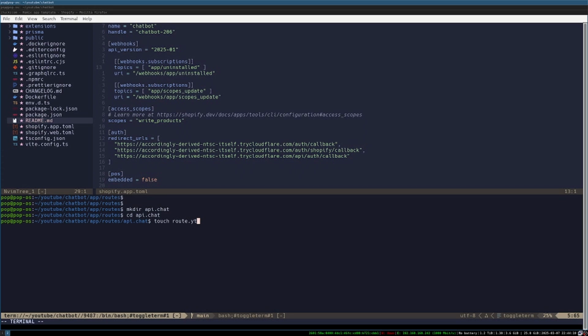ts, and then make here. I'm gonna put my loader here, or well, it's actually an action, right? Because we're gonna make API calls, right? So it's gonna be an action. So let's go inside action, and then let's touch